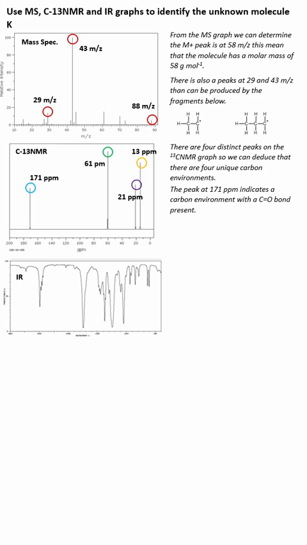And now this green one here, we can see it's at 61. Now 61, if we're somewhere between, I guess, 50 and 70, it's being shifted by an electronegative atom, and we're commonly just looking at oxygens, chlorines, and nitrogens. Oxygen shifts it the most, and this is in the range where we would find carbons single bonded to an oxygen. So we're going to go ahead and say that we believe this is most probably